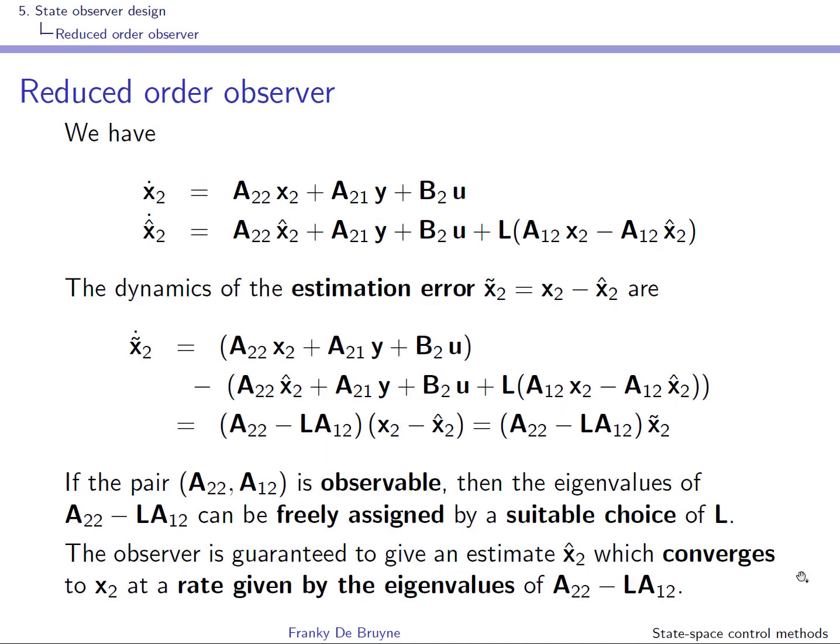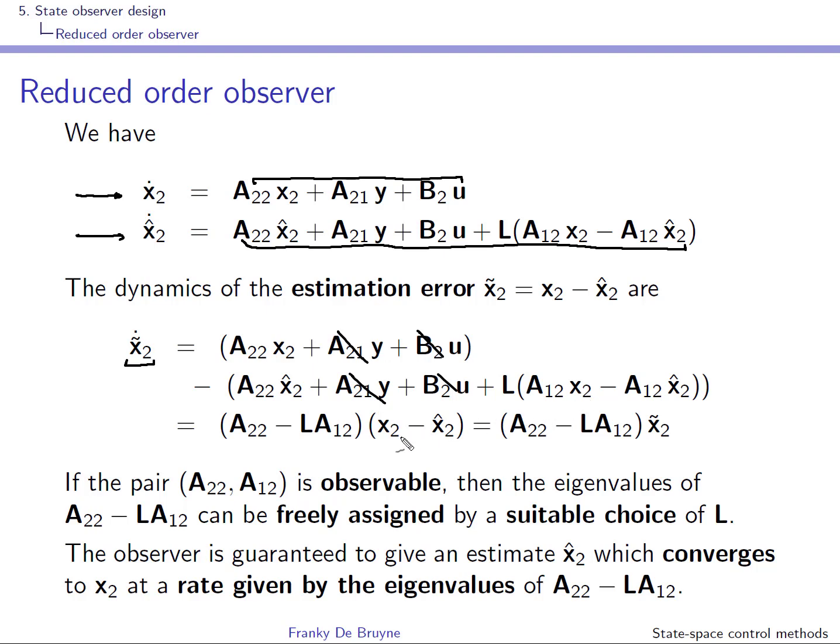So we are not finished, because we have to have a look at the dynamics of the estimation error x2 tilde, which is x2 minus x2 hat. And for that we consider the dynamics of x2 in the original system and the dynamics of the reduced order observer, and we simply take the difference between those two equations, and really what you'll have here is x2 tilde dot. Obviously you have this part over here, and then minus this part over here. You can see of course that these ones will cancel out, same for these ones,